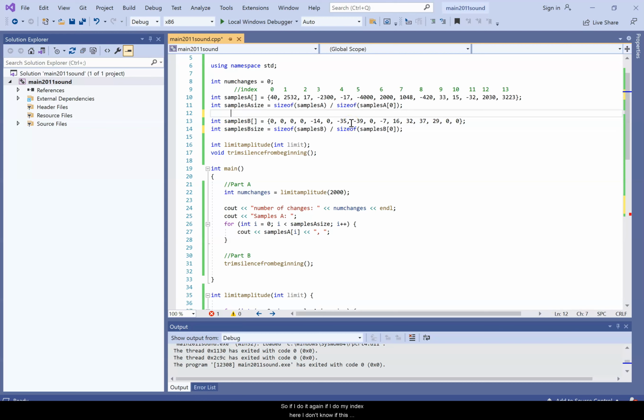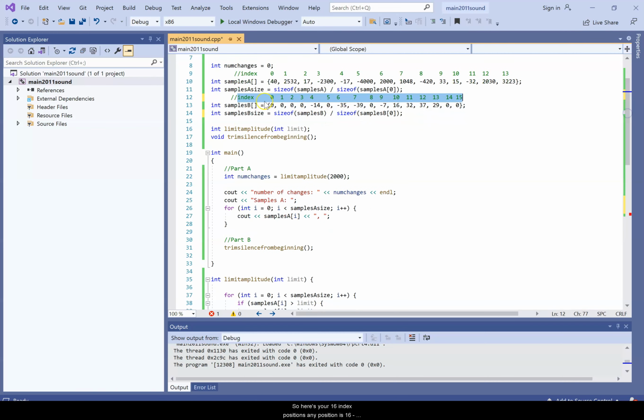So if I do my index here, and I don't know if this helps you guys think through some of this, but they sure didn't teach us this when I was in college. The professor was a very smart man, but no one understood him. So I realize I'm going kind of slow with these, but at least